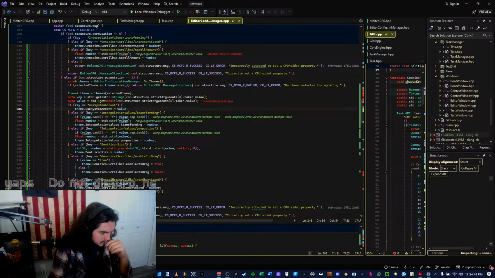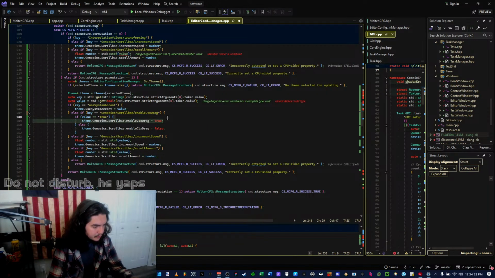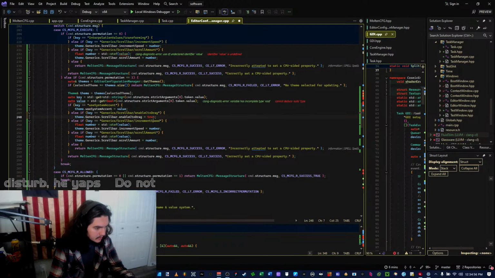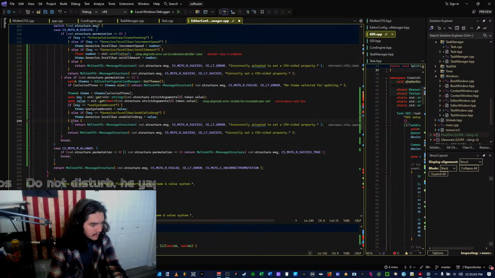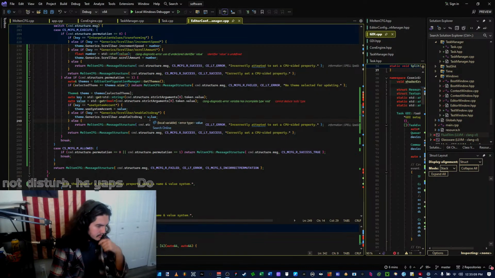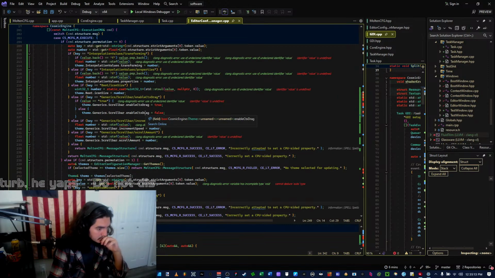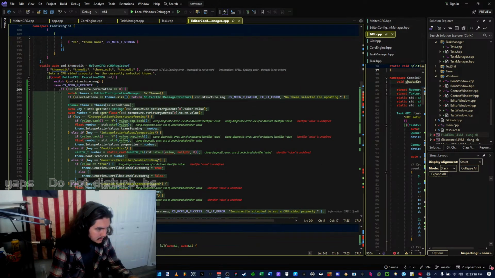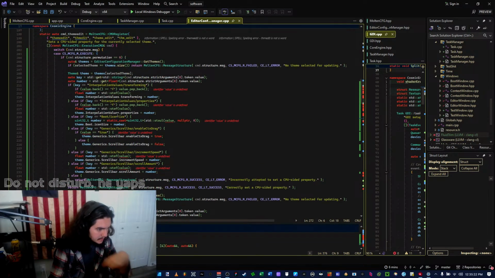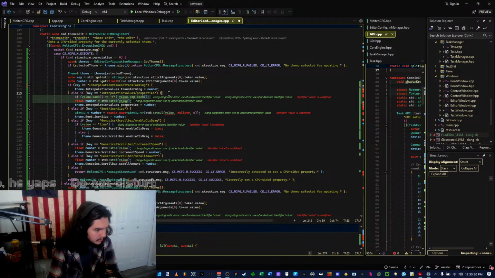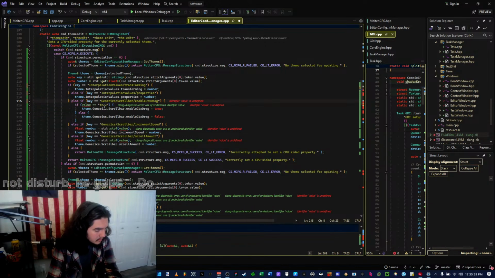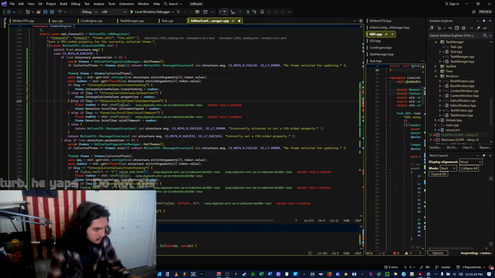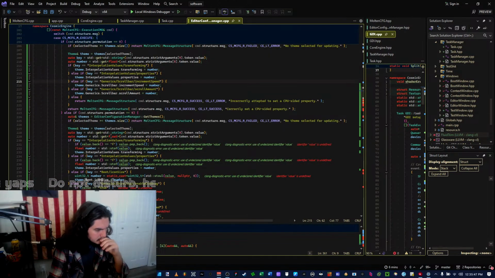This is a float. This is that. This is a boolean. This is a float. This is a float. Number. Sounds good.